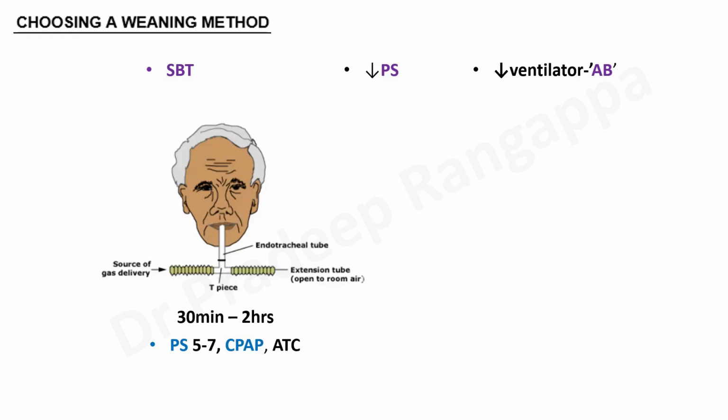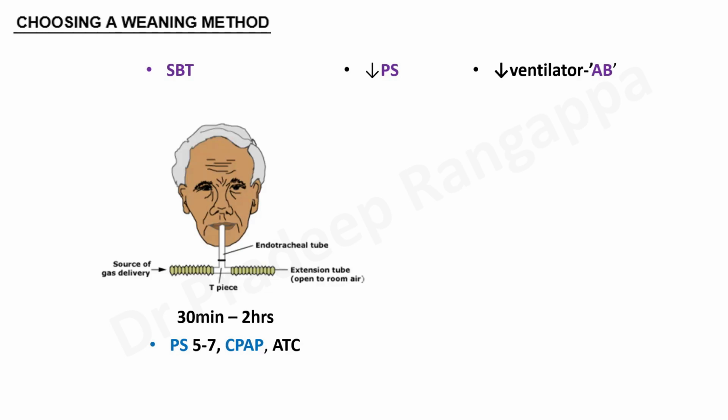So once the patient is put on a weaning mode, be it a spontaneous breathing trial or reduction of pressure support, the weaning period is typically 30 minutes to 2 hours. We put them on pressure support of 5 to 7. So you gradually reduce the pressure support and bring them to pressure support of 5 to 7, and you see if the patient is very comfortable for at least 30 minutes to 2 hours,